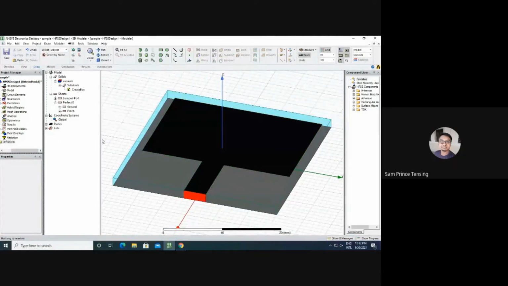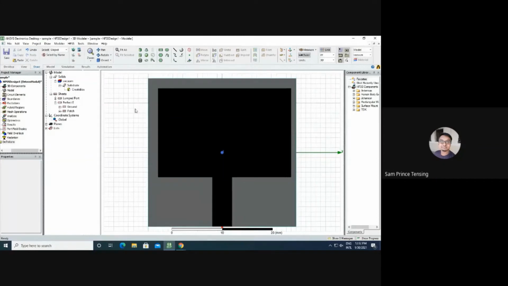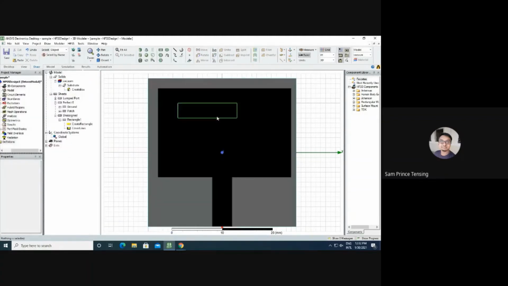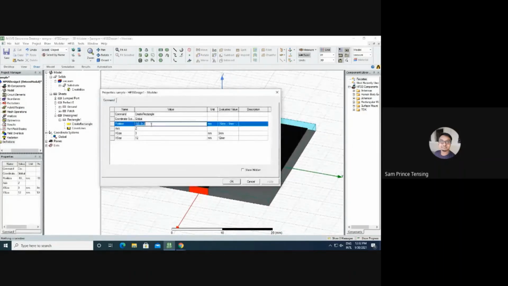Sometimes a patch will be easy, but when we go for slots, it will be a little difficult. You think how to draw a slot inside a patch, people will ask generally. If you want to make a hole inside, it's simple, it's not a big deal. Just click the rectangle. If you want a slot, just place a rectangle over the radiator. Check whether the Z axis is at 1.6, because if you want to make a slot in the radiator, you need to keep the Z at 1.6. For FR4 it is 1.6. For Rogers, the height will be different. So based on the material, the height of the substrate will be different.